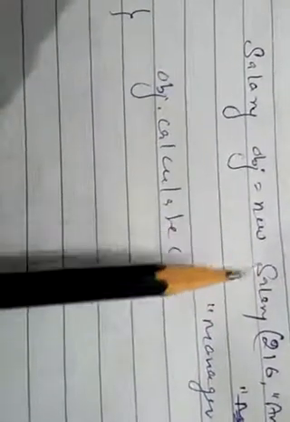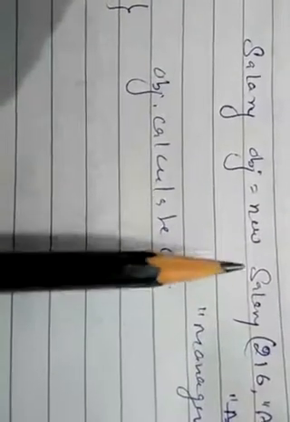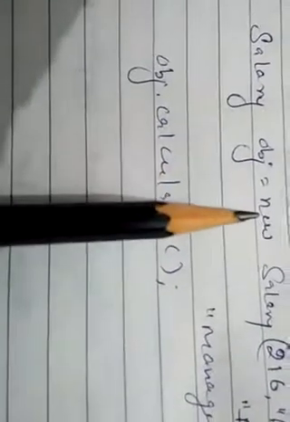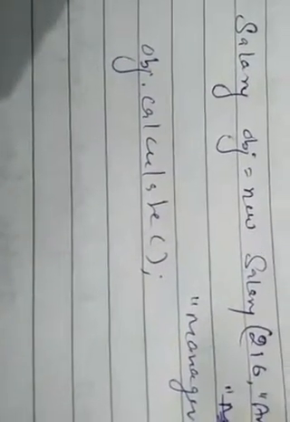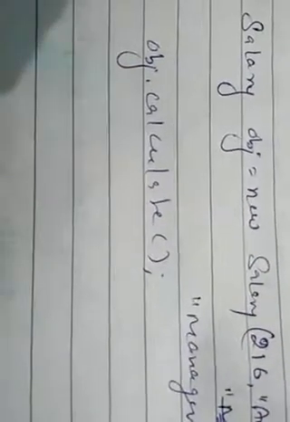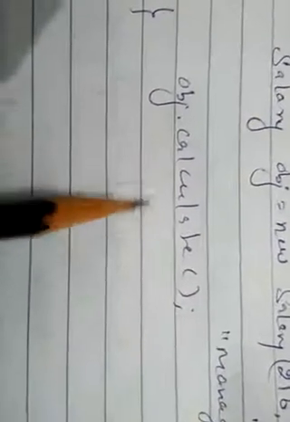Here the derived class constructor will be executed, and when we make the object of any derived class, the constructor of the derived class executes, and before this the constructor of the base class is executed. So first the constructor of the Employee class is executed, then the constructor of the Salary class, and now we call the calculate function. This will perform the above calculations such as the HRA, DA, and salary, and finally the net salary.